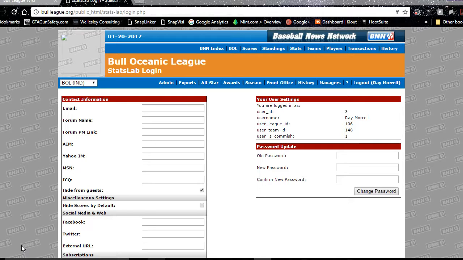tutorial on StatsLab. StatsLab is a new feature for the Bull League, and I'm just going to run you through some of the features if you haven't used StatsLab before or seen it or know what it's about. I'll show you some of the neat things you can do with it. First of all, though, when you log in, after inputting your super secret default password, you'll be brought to a